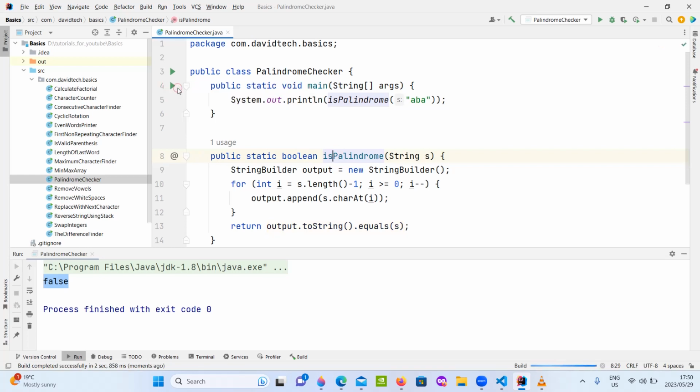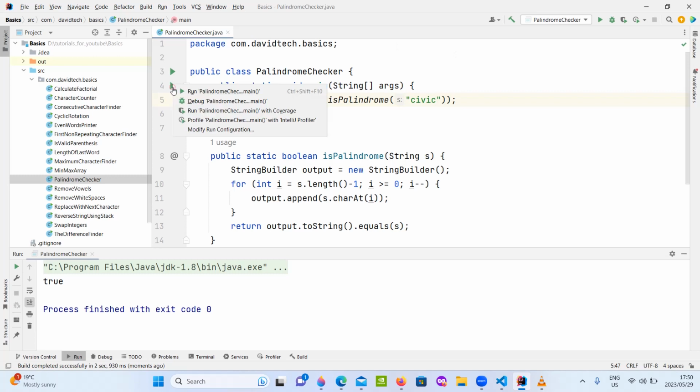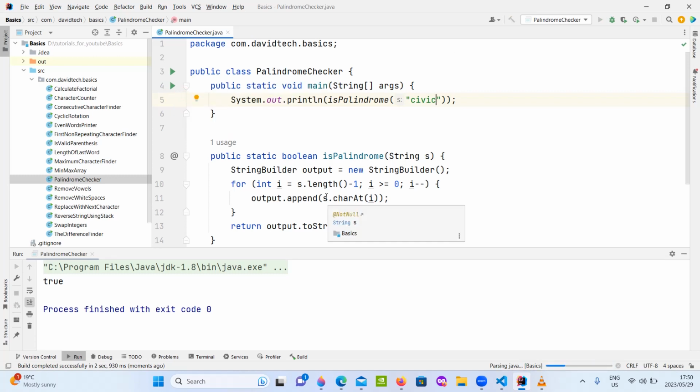And then this should give us the right results, so that should be true. And then we can even have civic, that should also give us a true. If I say civics, then it should say false,